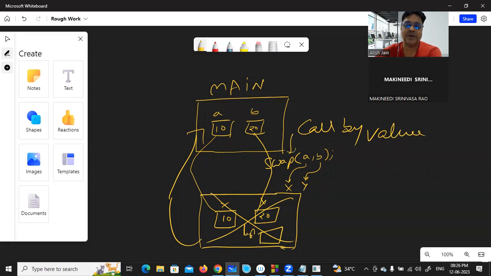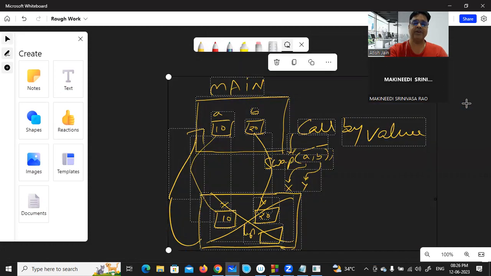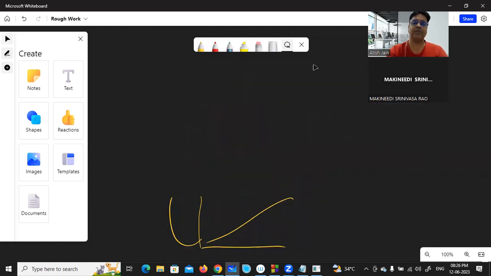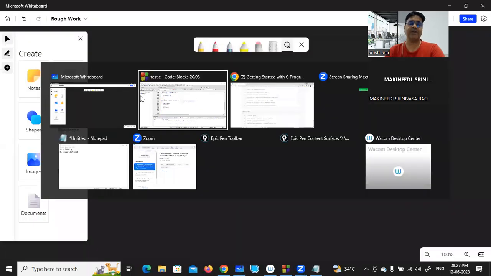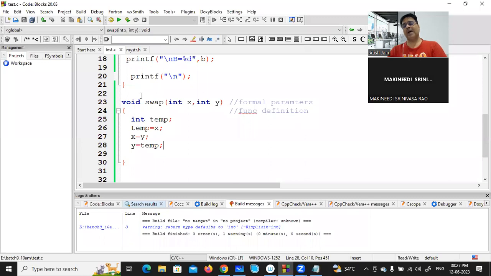Because you are calling the swap function by passing the values of variables A and B. From this you need to understand that it is impossible to update the value of a variable from outside the function. Within the function, you can do anything, but after coming out of the function, you cannot update the value of a variable. But here, the problem is